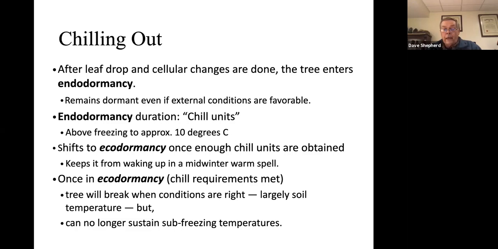Now, having said that, you can force a plant out of endodormancy, but the plant doesn't like it much. We'll talk about what happens if you try to do that in the next slide or two. But for now, when you're in that endodormancy, you're in that deep dormancy state, you're counting off the